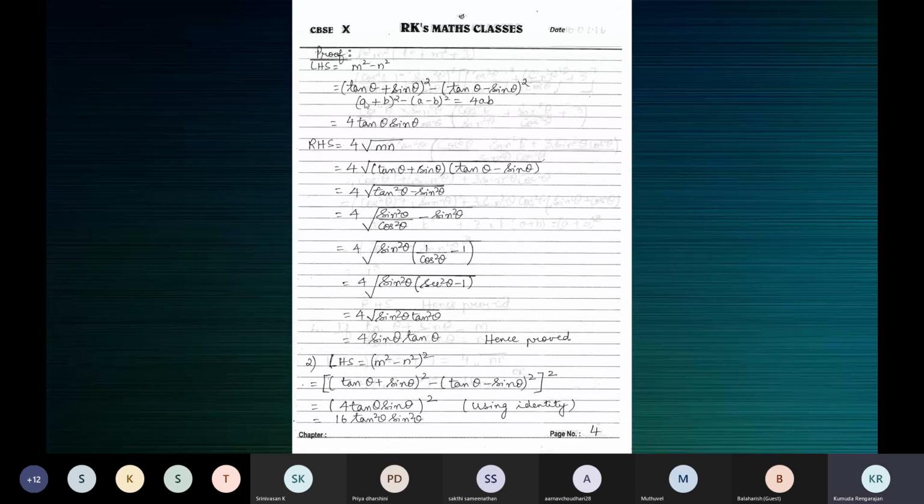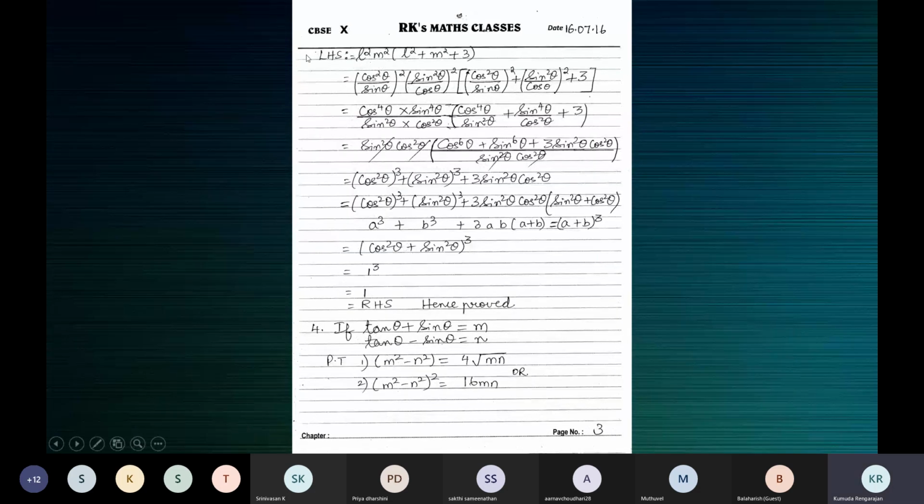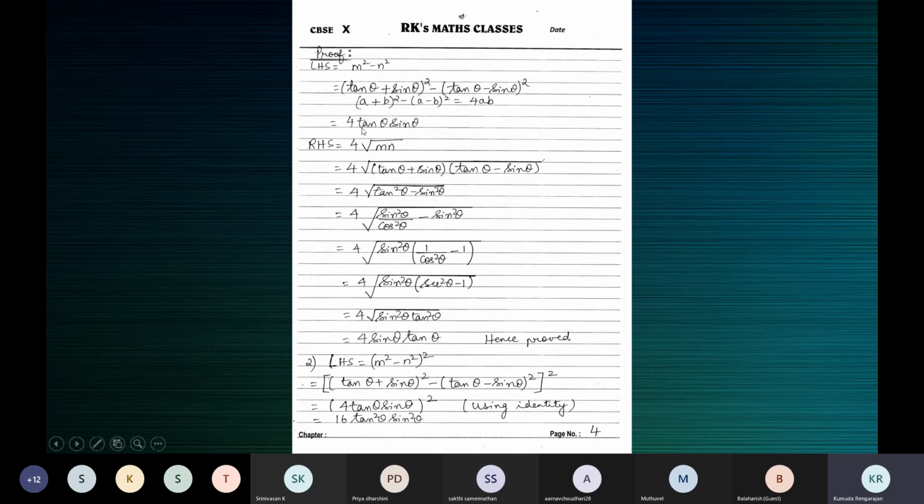See here, all the while what we were doing is we took up the LHS, we worked the LHS and we got the RHS as the result. That's how we proved. You can also do this. You can take up the LHS, work it, get a result, and you feel this cannot be simplified further. You can leave it there. Take up the RHS, work that, and get the same result for tan theta sin theta. So that way also you can say LHS is equal to RHS, hence proved.